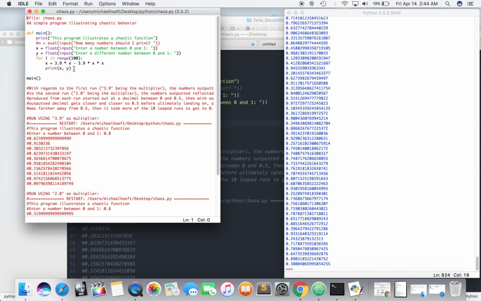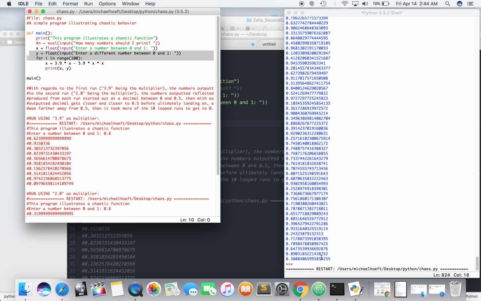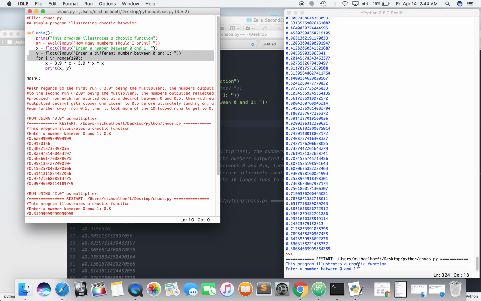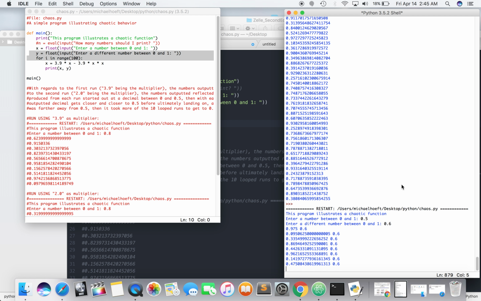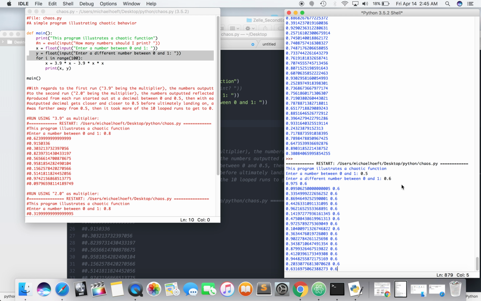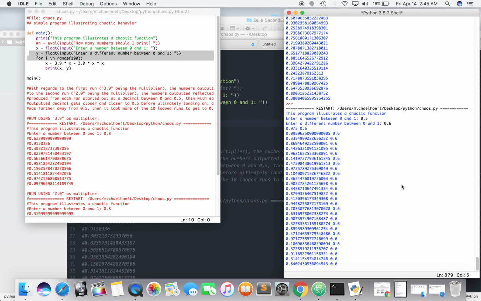We got print x comma y. And we got this y. Let's do it. Run module. Okay. Sometimes I click over here just in case. So 0.5, 0.6. Okay, not bad. So that's kind of similar to,